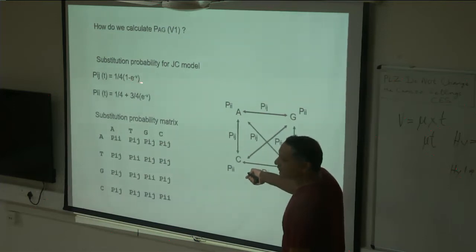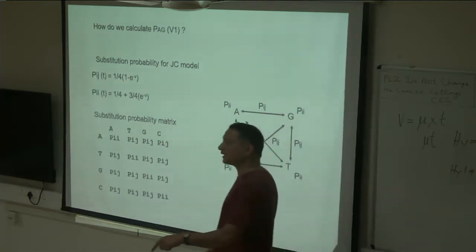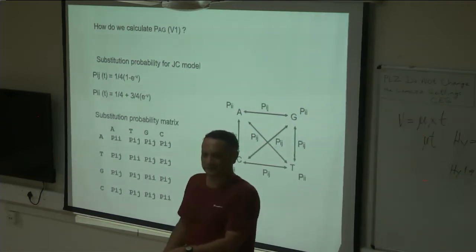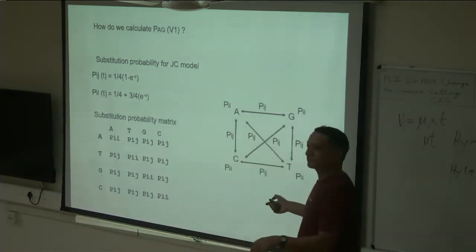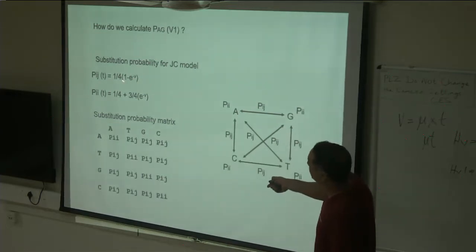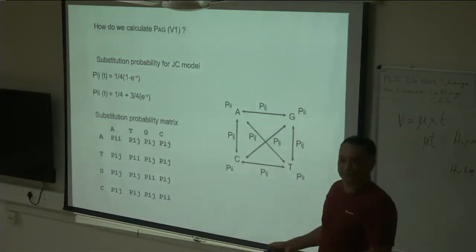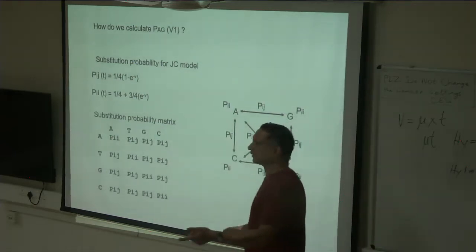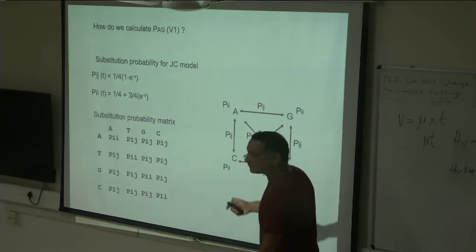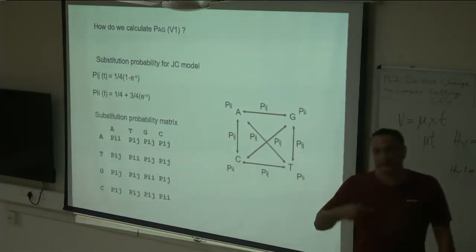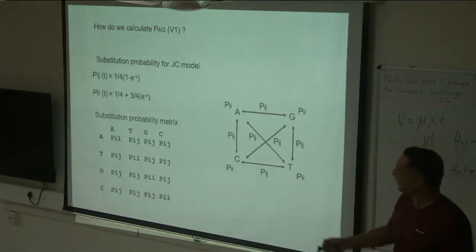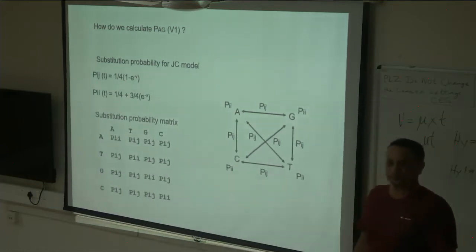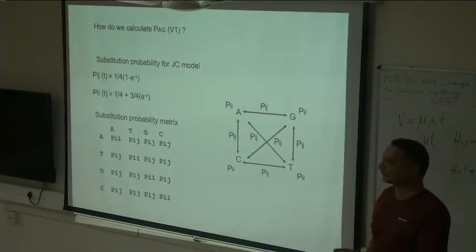And we want that change, because 1 by 4 is also the probability that you'll pick the same thing. But you don't want the same thing. You want a change. Right? So that's why we multiply it by 1 minus e power minus v, which is the probability of mutation. Okay? So now we use this formula to calculate probability of change, where remember v is branch length. Is everyone following me?